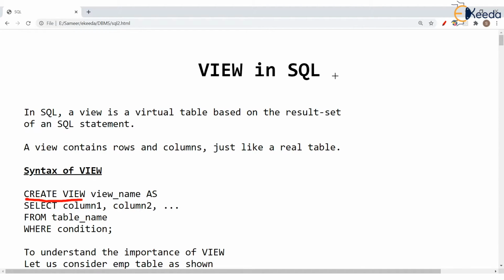This is user defined name, some name of the view like the name of the table. And then there is one special word AS. And what is written after AS is a select query. Literally a select statement where we are selecting some columns of a table and also we can include a where condition.